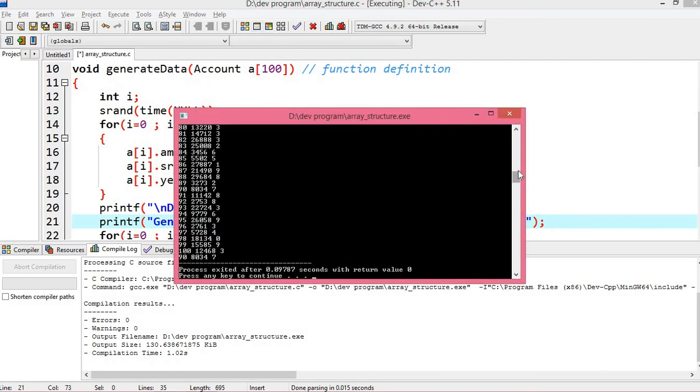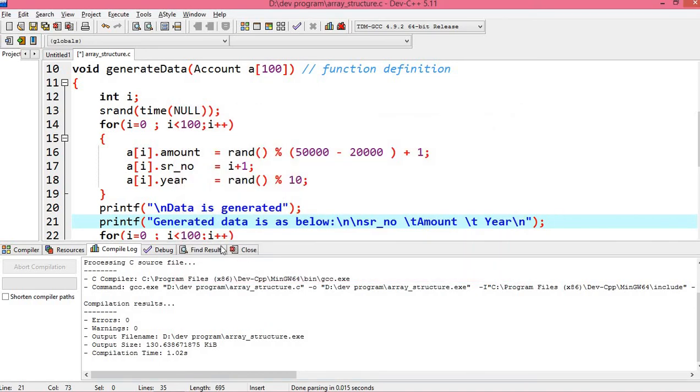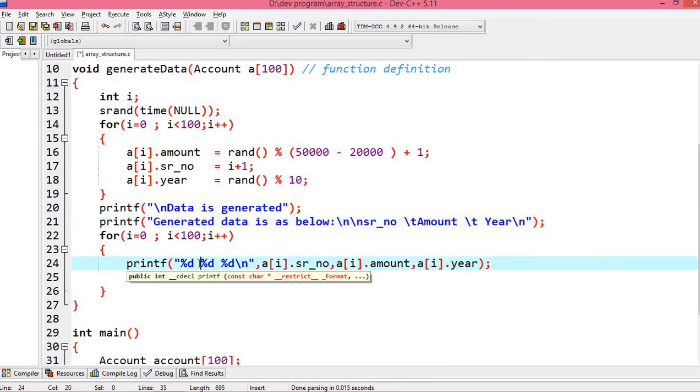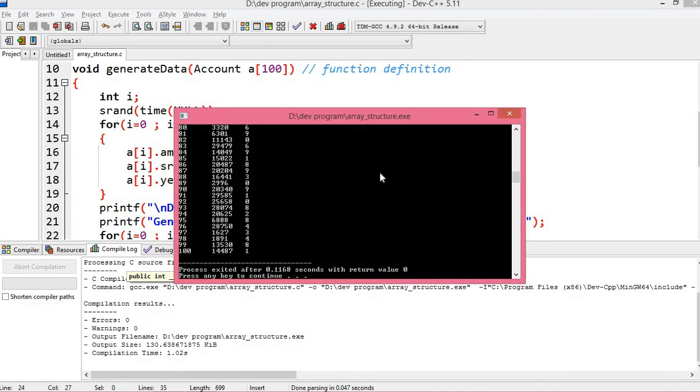You can see we got all this. Over here this is serial number, amount, and year. If it is not aligned, over here I need to write backslash t. Save, compile this program again, and run.